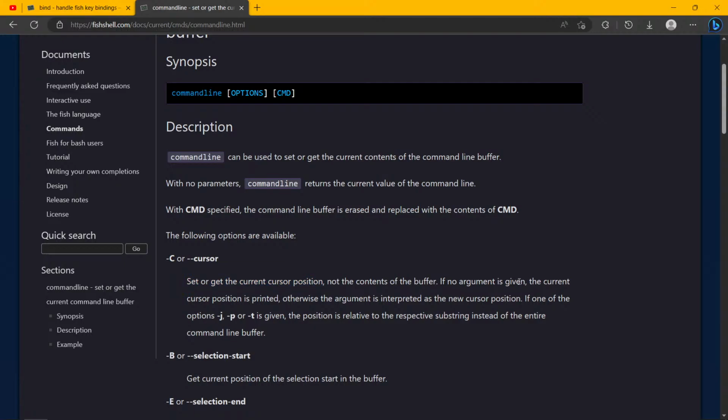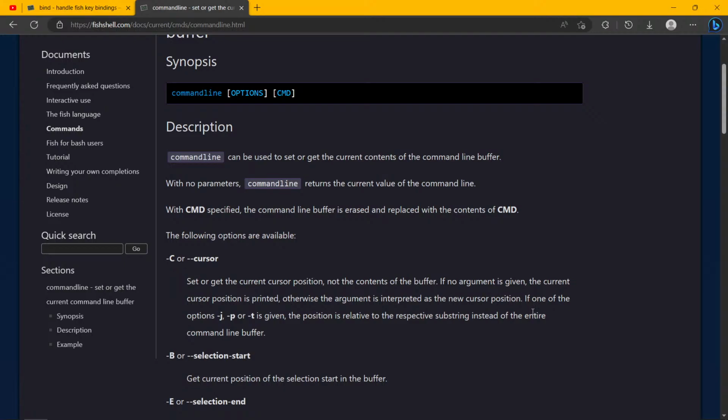Ooh, that's cool. Wow, that's so cool. Okay, if no argument is given, the current cursor position is printed. Otherwise, the argument is interpreted as